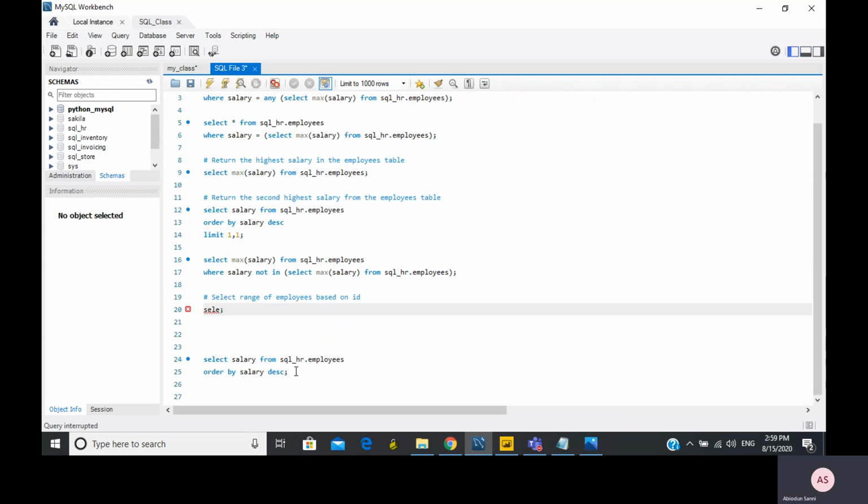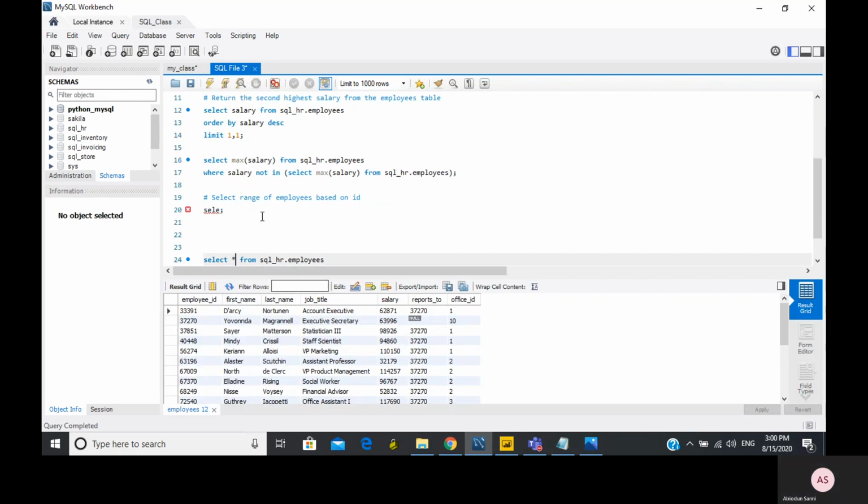So let me first do a select star from employees table, order by employee ID. So let's say I now want to do a select star from SQL_HR.employees where